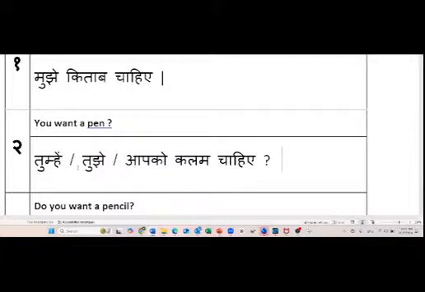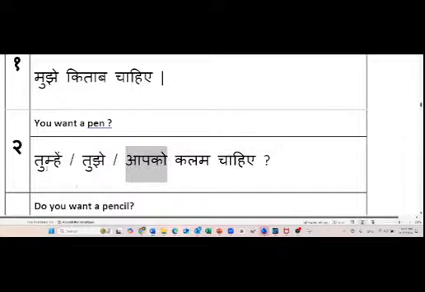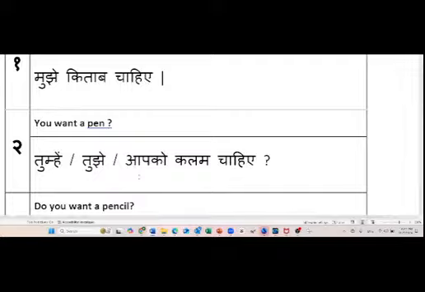Okay. So Aapko is the best and followed by what? What is the next best? Then tum. So Aapko is the best. Tum. From tum we get tumhe. And then finally tu, which is tujhe. So you can use either of the three depending upon whom you are talking to. Understood, guys? Everybody? So here we don't know whom we are talking to. So I've written all three. You can pick one of those if you have more context about whom you're talking to. ठीक है, चलो.